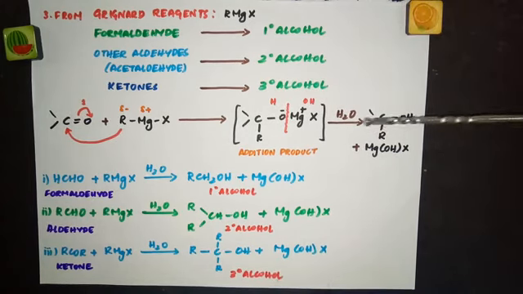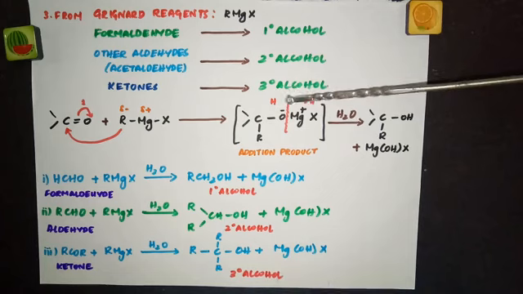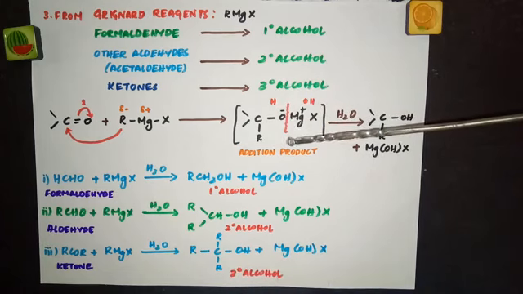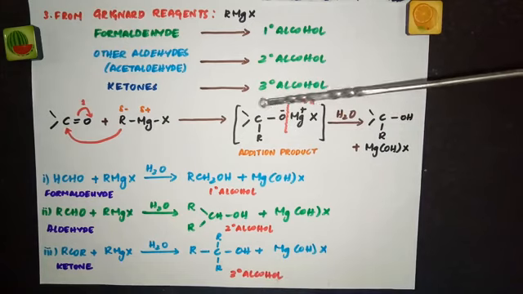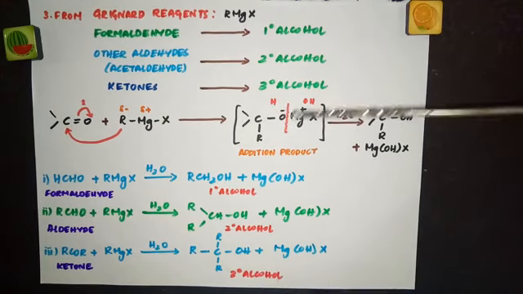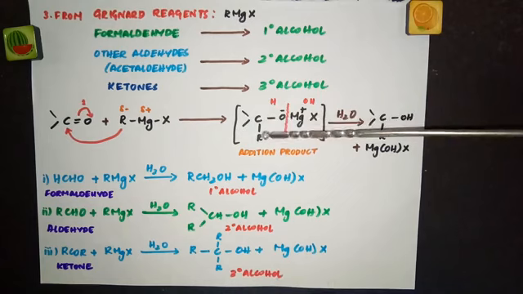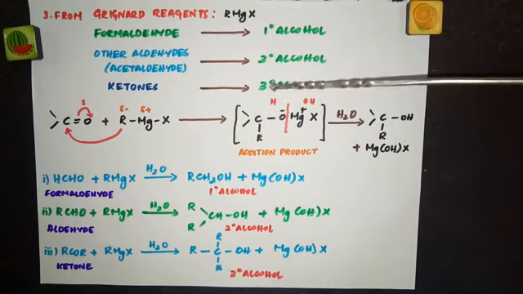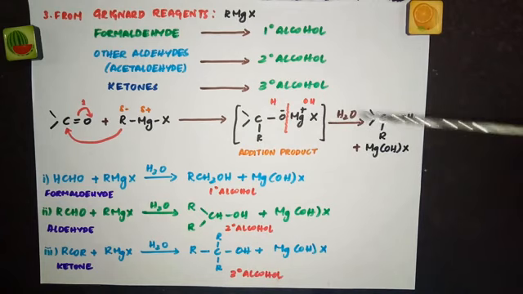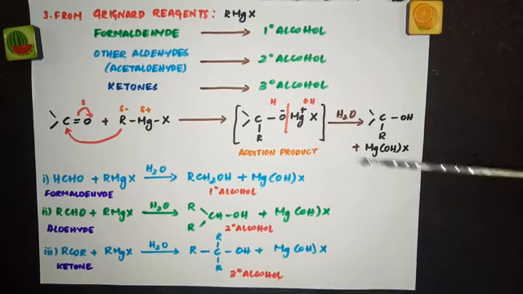And in the next step you are going to treat it with water, which is hydrolysis. You are using water and breaking it. So when you treat it with water, there will be a cleavage here. And what is water? H plus and OH minus. H will go here and OH will come here. So what you will get? Write everything as such. C bond R bond OH. Here MgX and this OH in the bracket. So this is the byproduct and this is the main alcohol.